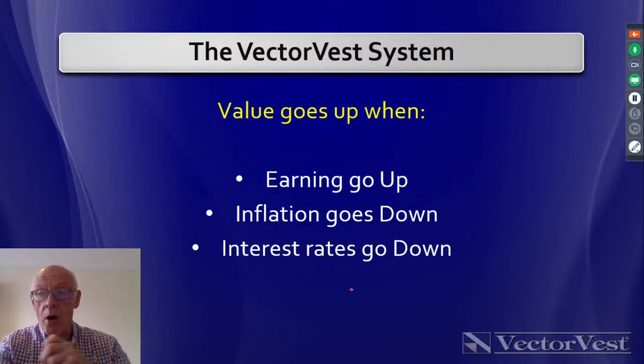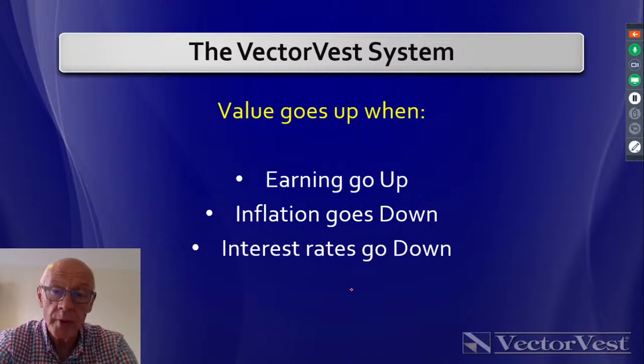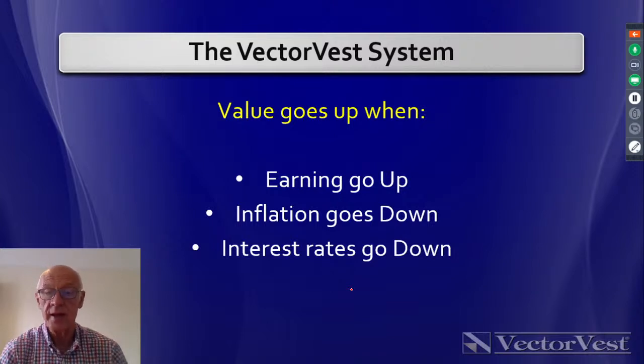If you're in the property market, and I'm quite sure many of you are, there are 3 words in property, they say: location, location, location. But there's 3 words in the stock market, folks: earnings or profits, inflation in the general economy, and interest rates in the general economy. And if you've been anywhere close to the financial press recently, you'll see the great debate is about inflation. Inflation numbers, both sides of the pond, in both the UK and in the US, and the rest of the world for that matter,